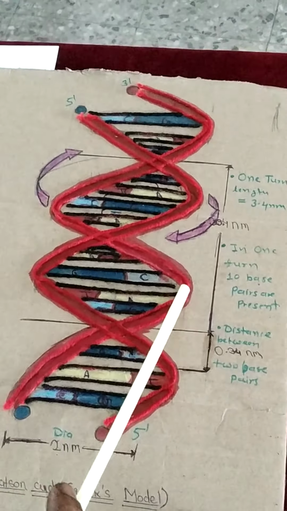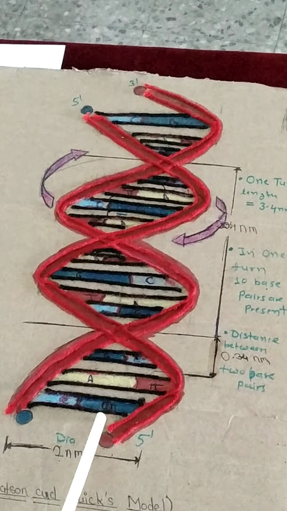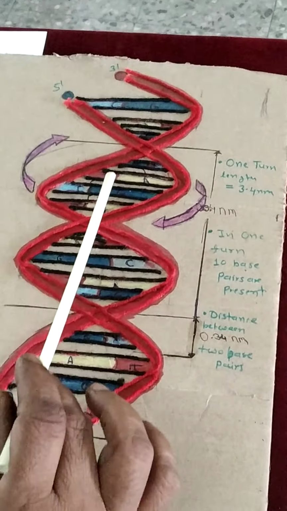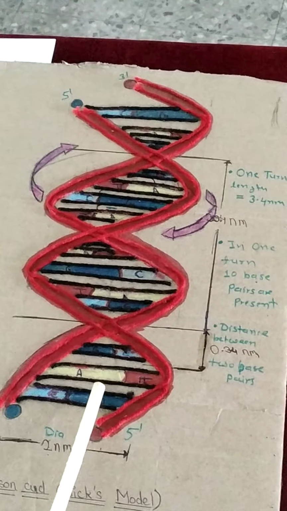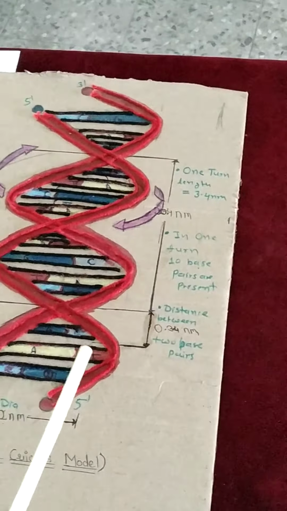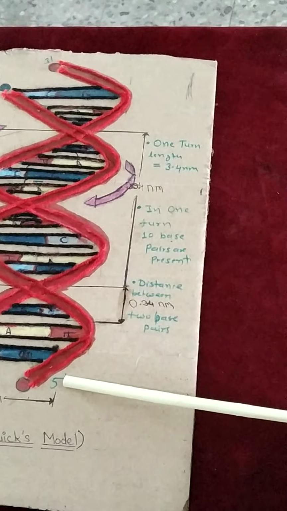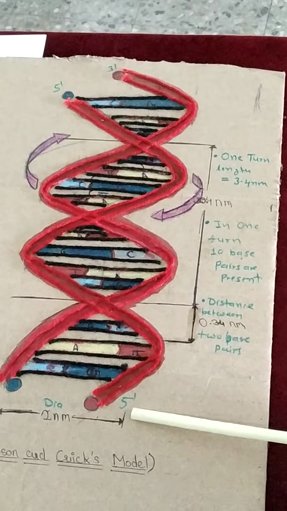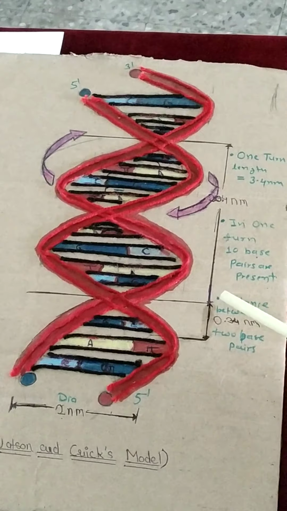This is the strand of DNA. They are made up of sugar and phosphate, and these are the nitrogenous bases, which are of 4 types. They are called adenine, thymine, guanine and cytosine. So the monomer is the nucleotide. A nucleotide comprises a phosphate group, a sugar group and a nitrogenous base. This is about the structure of DNA. And DNA is called the genetic material. It is inherited in the next generation.